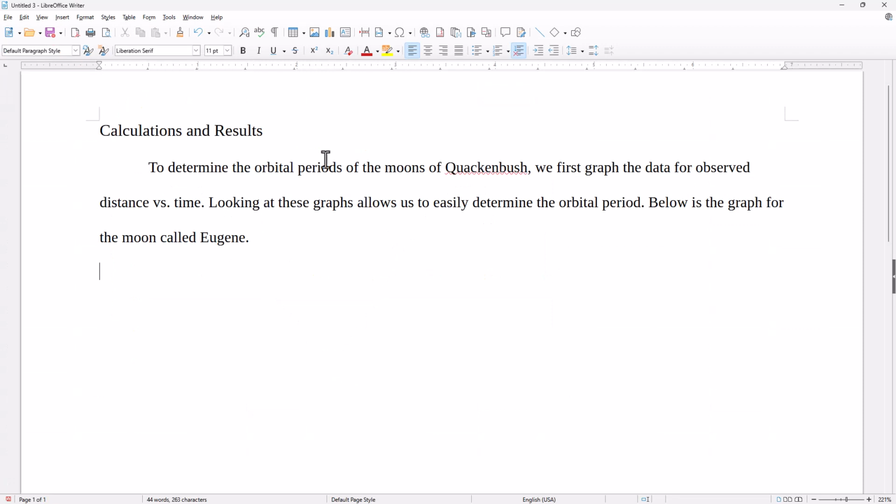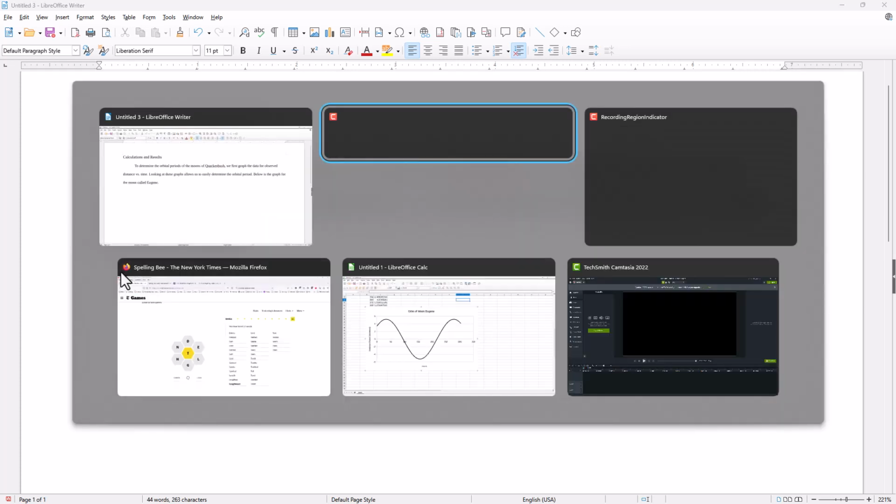Okay, here's my calculations and results section. And I've got a statement to determine the orbital periods of the moons of Quackenbush. We first graph the data for observed distance versus time. Looking at these graphs allows us to easily determine the orbital period, and below is a graph for the moon called Eugene. Well, I haven't put it in yet, but I'll do that and go back to